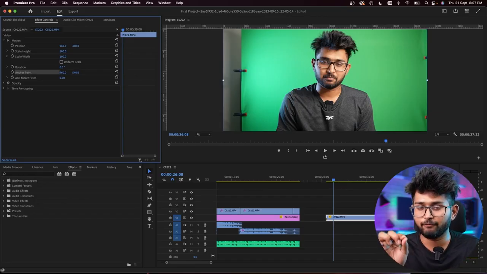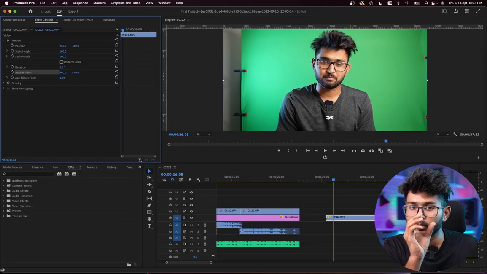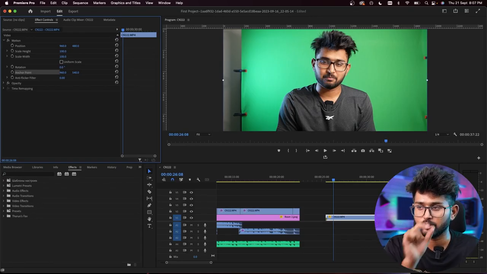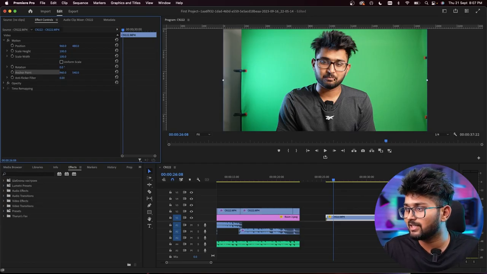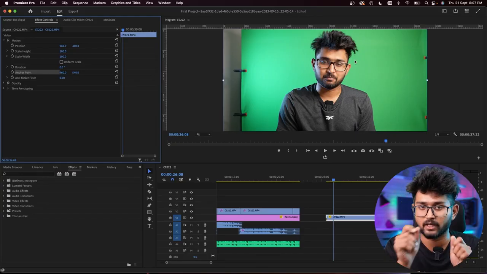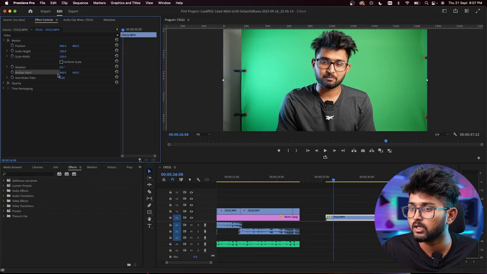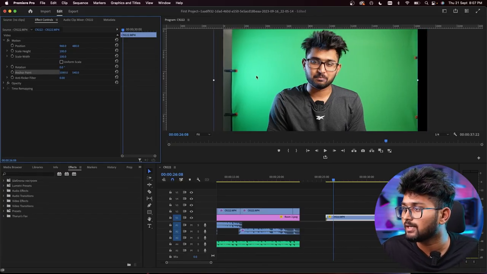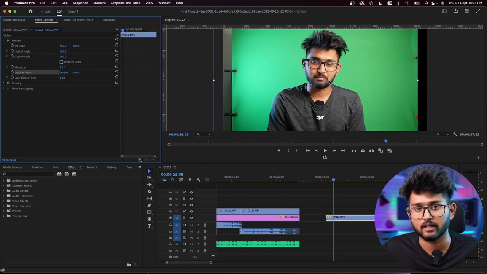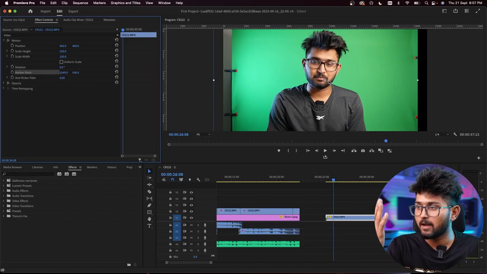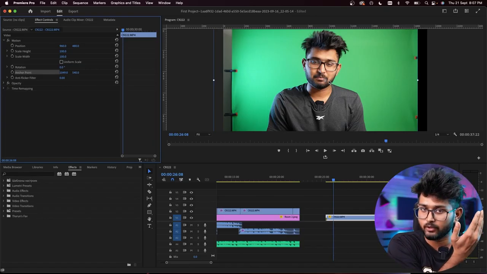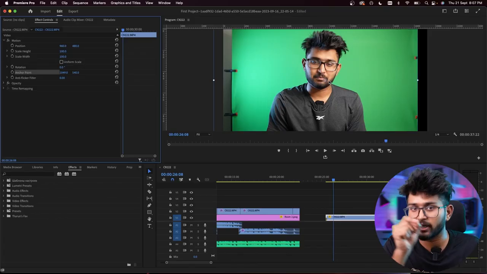If you're moving the anchor point towards the right, it just means that this point will be moving towards the right. I'm just moving it to the right. You see, this point was initially here, but then it came here, right? It's still at the center, but the background is moving left. You understood? Which means the anchor point is moving right.